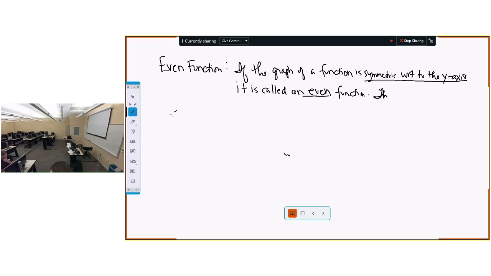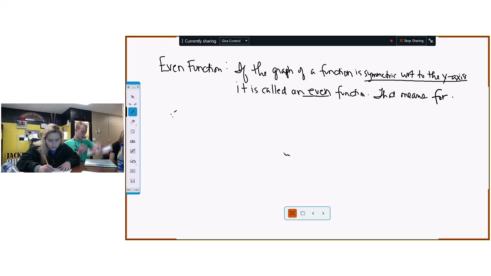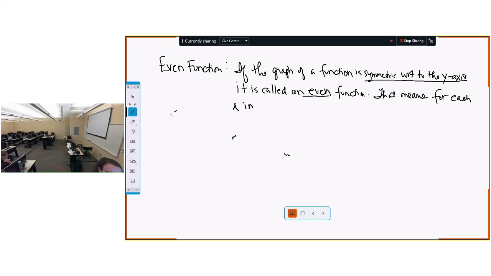Okay, and that means for each x in the domain of f, f of x